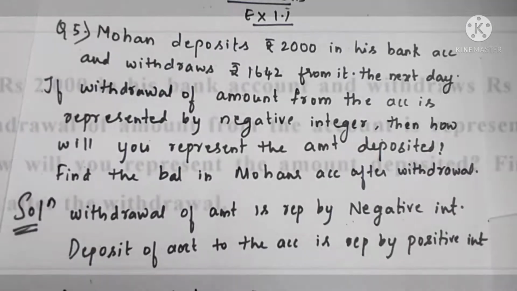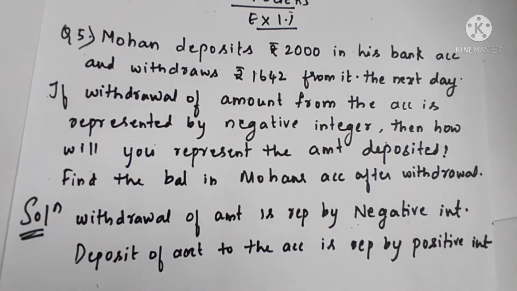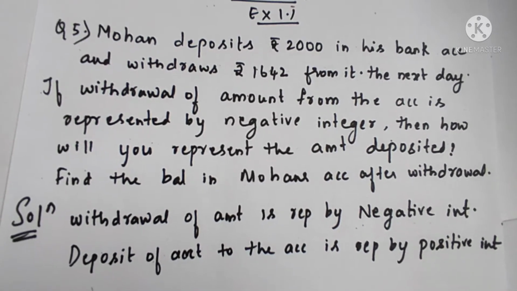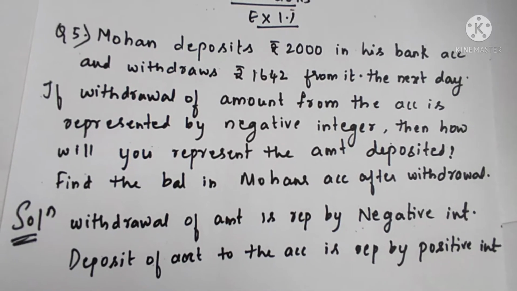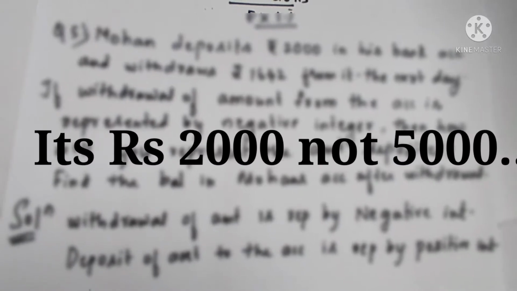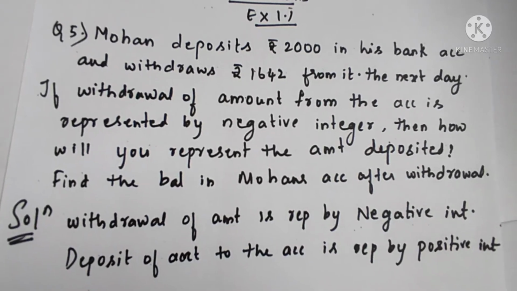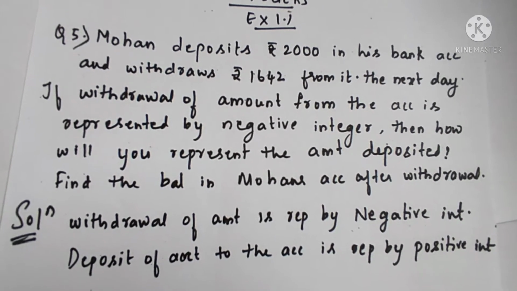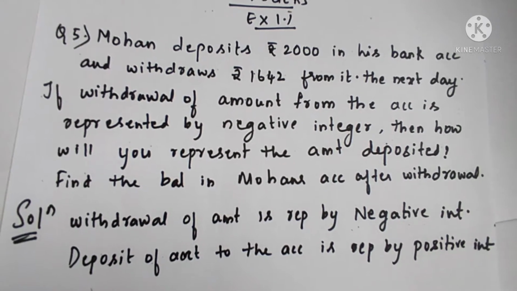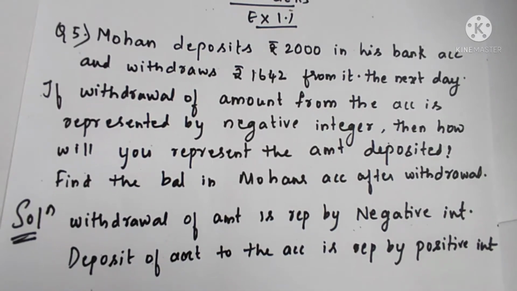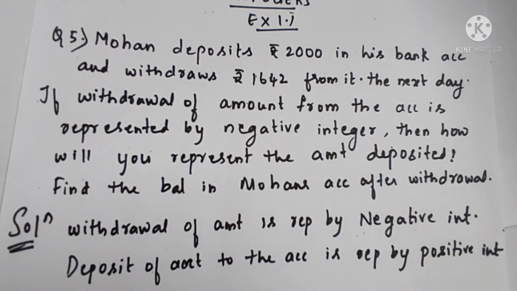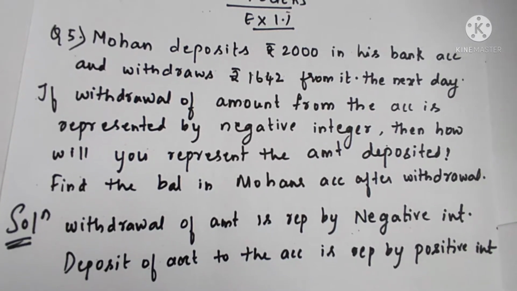First, let us understand the question carefully. Mohan has a bank account. In his bank account, first he deposits how much? He deposits rupees 2000. That means he adds rupees 2000 into his account, and withdraws rupees 1642 from it. Withdraws means takes out, removes. So out of the 2000 rupees he deposited, he removes